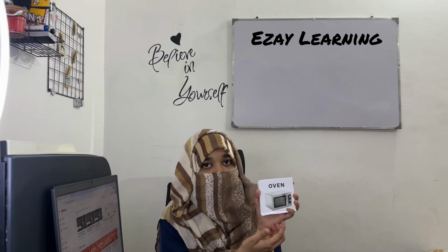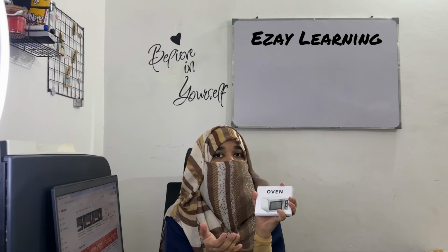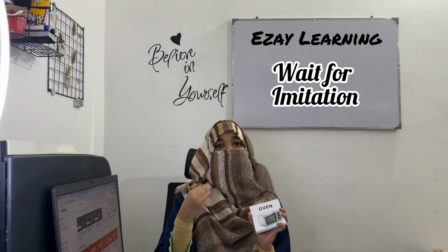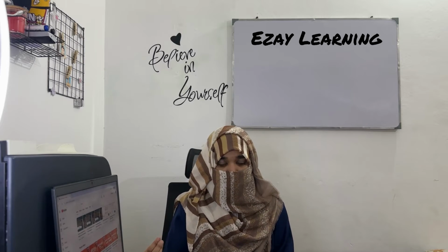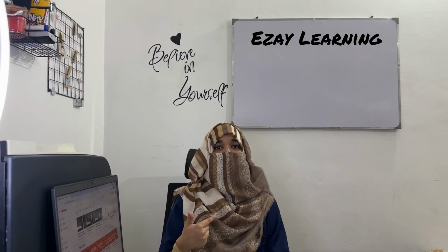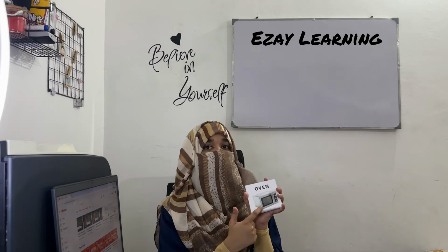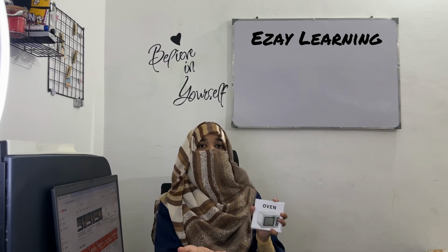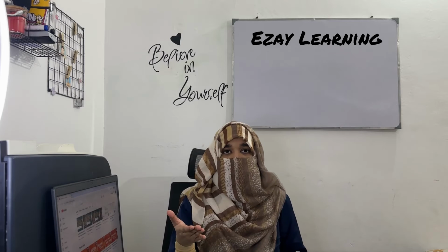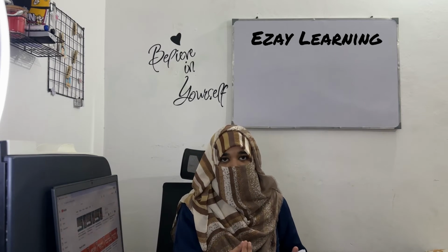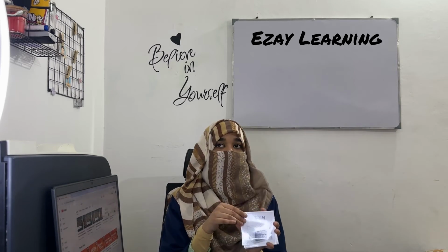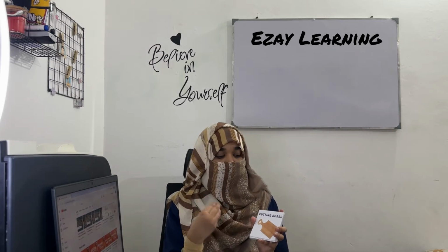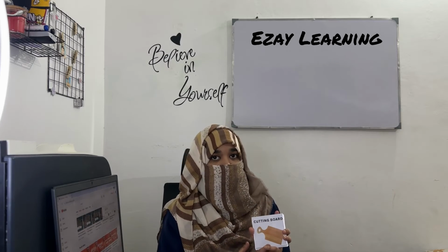So while I am labeling the card in front of the child, I can do one more thing. I can tell him oven, and then I will wait 3 to 5 seconds to see if the child is imitating what I am saying. Like if I am saying oven and he is also saying oven, that means he is imitating me. But even if he is not imitating, we can move towards the next, because we are just starting with the card. We are just giving the idea or understanding of what's on the card.